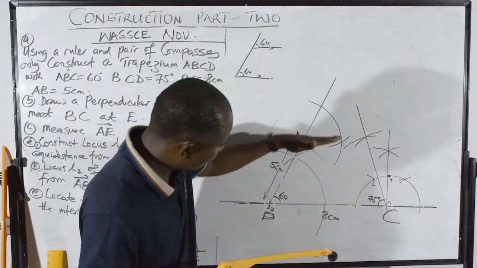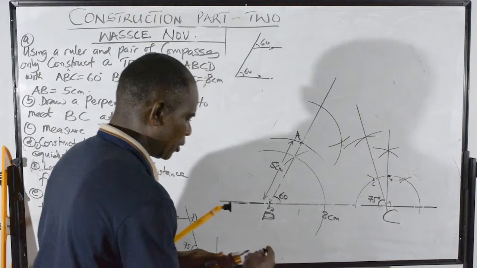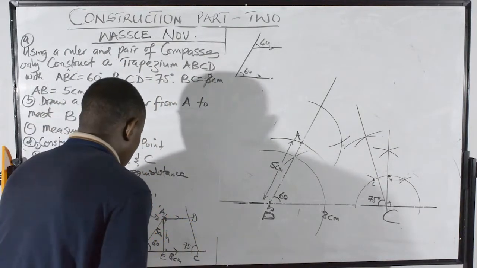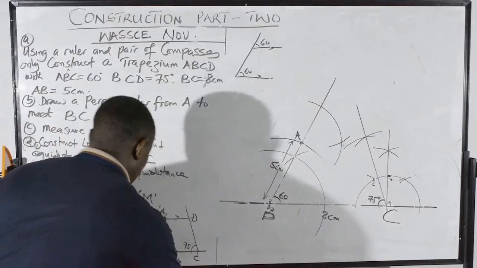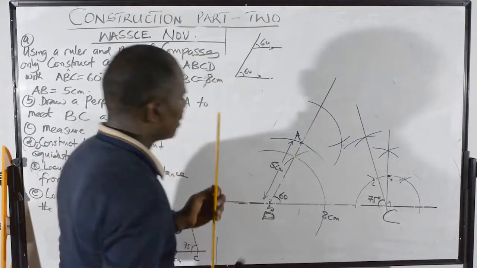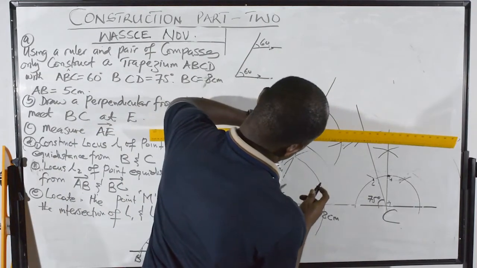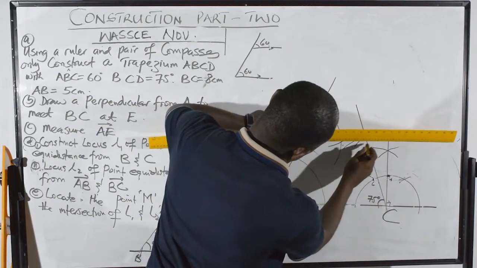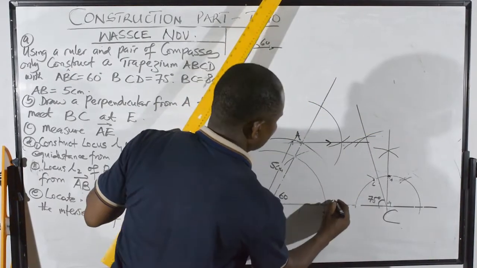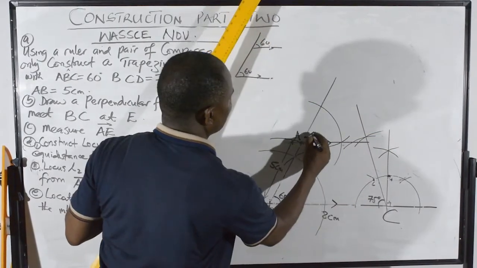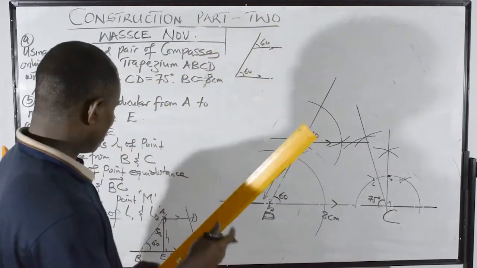It's going to be parallel to this one, and this angle must be equal to that, corresponding angles, of course. So now that is the 60 degrees that has come so far, and by doing that 60 degrees, we are able to get our parallel line. So I can connect the two there. So this is now from that point A to this will give me my parallel line. This is now parallel to this. Because this angle too is going to be 60, just like this is 60. So this is going to be a corresponding angle.